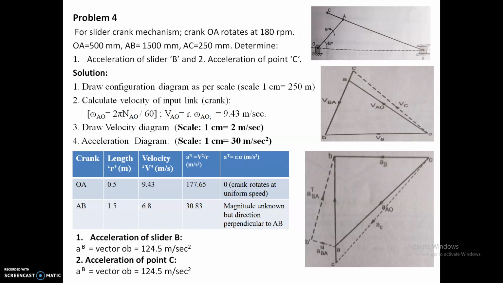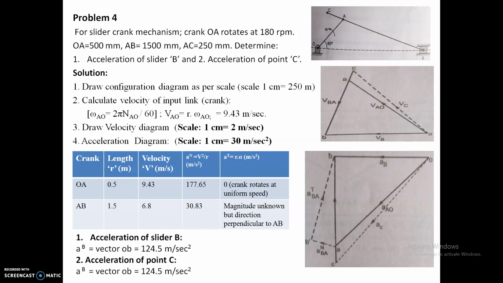After getting the small a point, you go for the other link AB. Again, velocity is always perpendicular, so you draw the line of action of the velocity from small a. How much length, you don't know yet. You draw the line of action of the velocity from a only. The next link is the slider B. The velocity of the slider is always along the line of action passing through the fixed point. So you know the fixed point O, and you draw the velocity along the line of action. The slider is horizontal, so the line of action is horizontal, and this intersects at a point. I have given the notation small b.